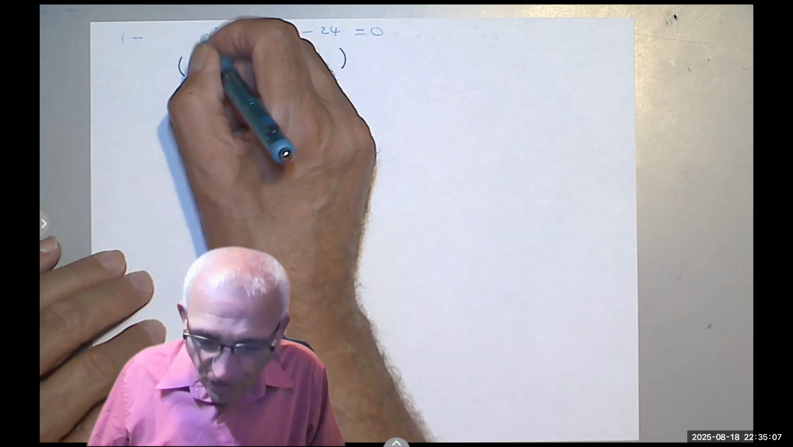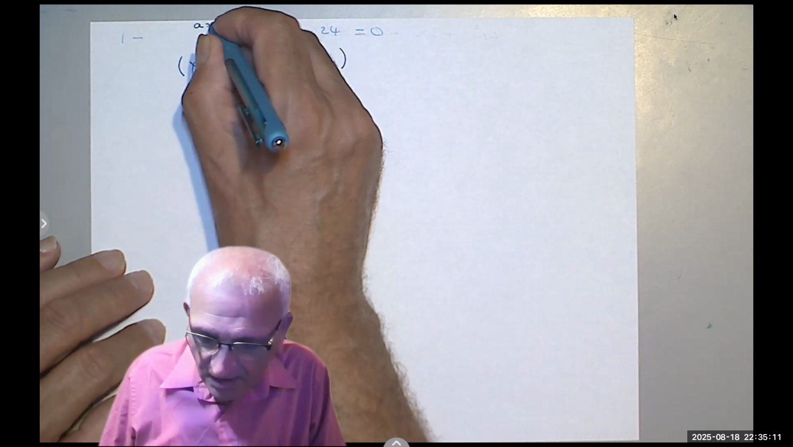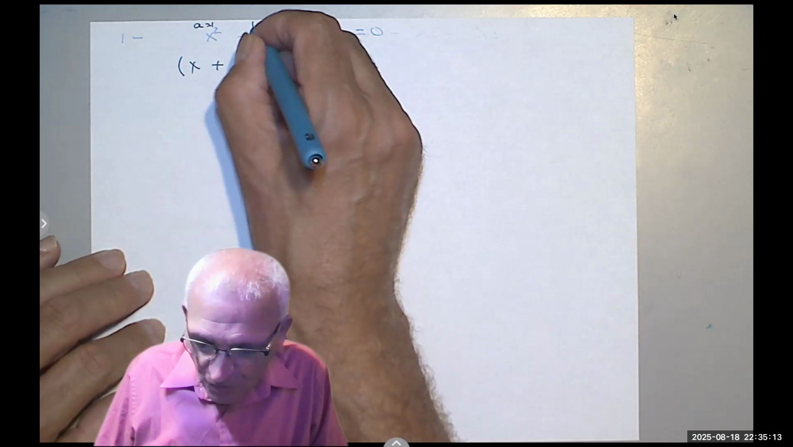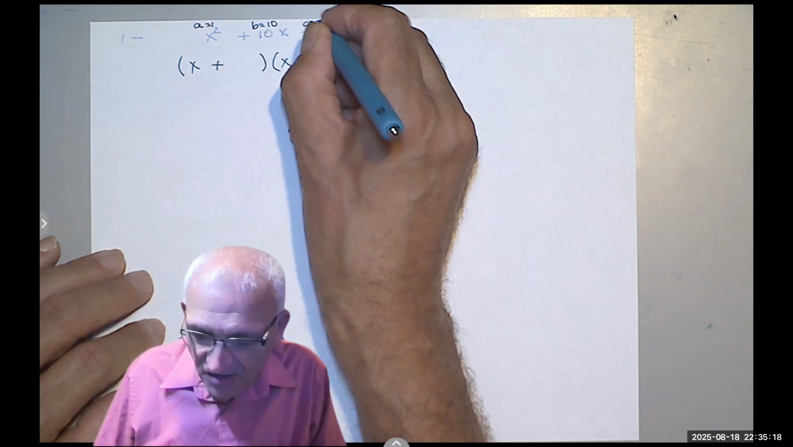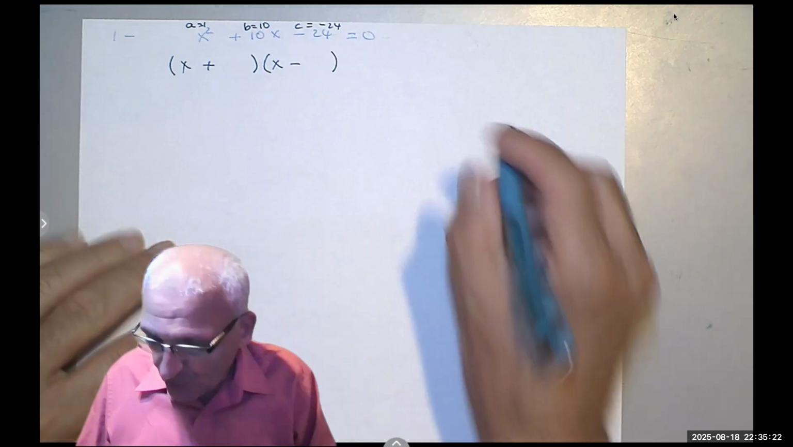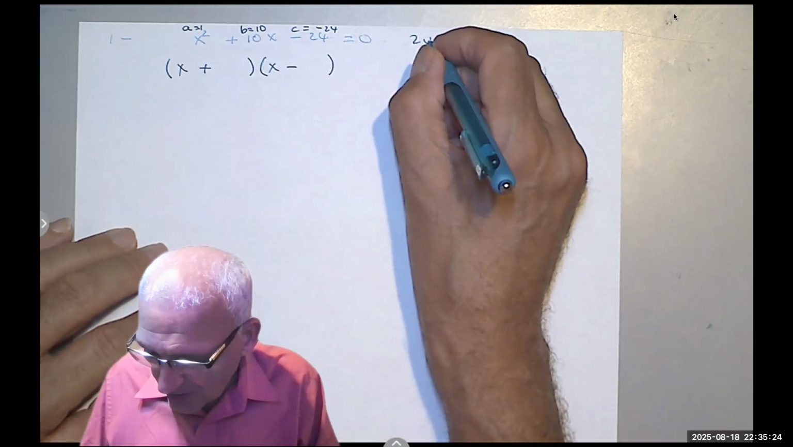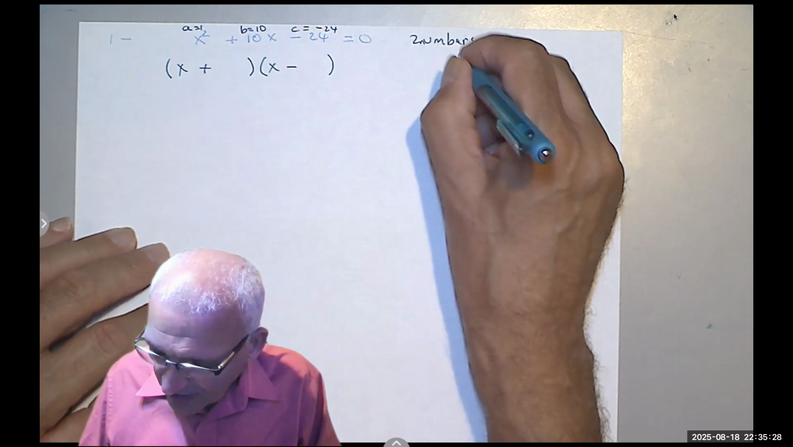We refer to the coefficient of x squared as a. So a here is 1. The coefficient of x is b, so b is 10. And the constant c is negative 24. We are looking at two numbers. Their product